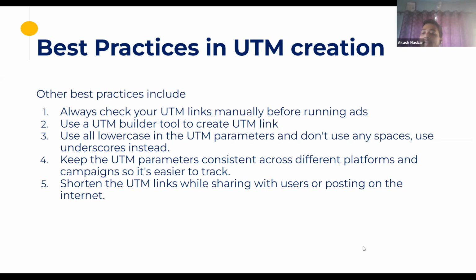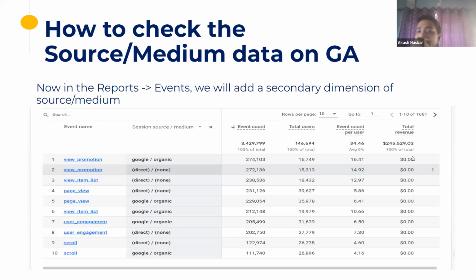You can use various URL shorteners, because when you have the full UTM link, and if any part of the UTM link gets deleted, then what will happen? Your whole UTM link will stop working. So for that reason, use a URL shortener, so that even if some part of the URL gets deleted, that URL will continue to function, but your UTM will not function if any part of it is deleted. So the UTM link is very fragile in terms of changes. So always make sure that you're using a URL shortener to shorten the UTM link before sharing it on the internet.